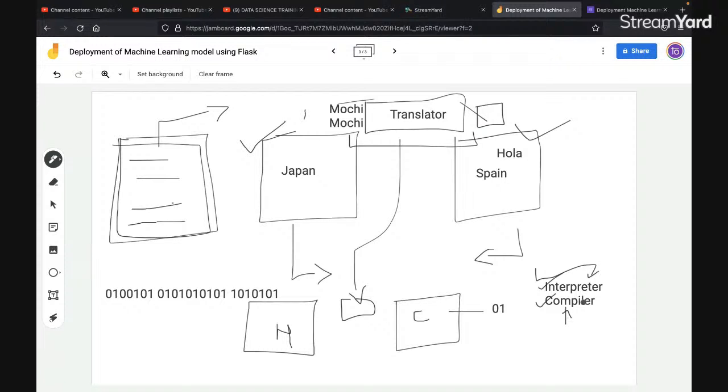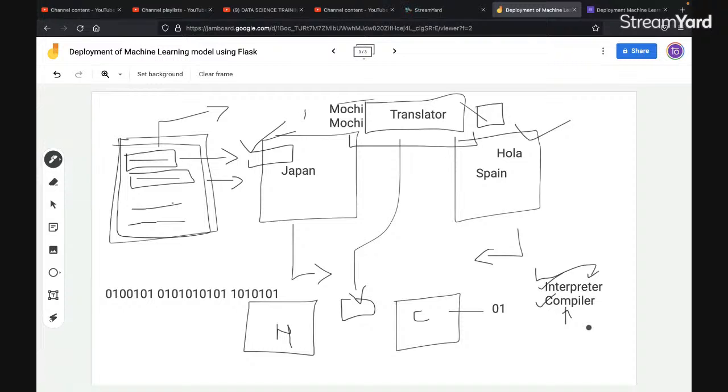But this is not the case with the interpreter. The interpreter checks the code line by line. It first checks the first line, converts it into machine code, like 0 1 and so on. Then it checks the second line, converts it into machine code, and that's how it follows.